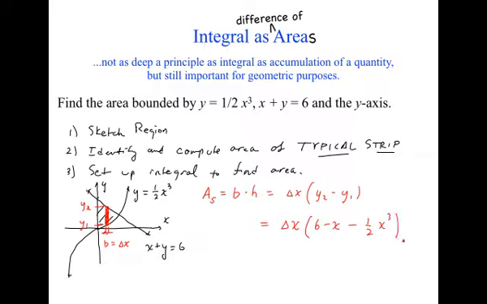Are you following? Yeah. So that is the height of that typical strip. It's y2 minus y1. But we need them in terms of x because we have delta x. So it's going to be 6 minus x is y in terms of x for the top, y2. And y1 is simply 1/2 x cubed. And so that's our setup work for the typical strip. And now we're ready to write the total area